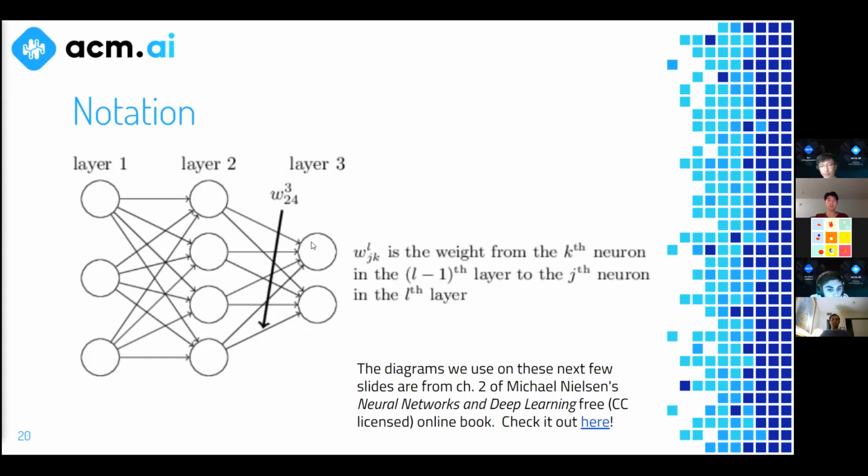Okay, so this neuron at the top is labeled number 1. This neuron right under it is labeled number 2, right? So that's why there's a number 2 here, because it's the second neuron in the third layer. And then the second subscript, the 4, refers to, as you can probably guess by now, the neuron being referred to in the previous layer. So this 4 is referring to the 4th neuron in the second layer. That might take a second to make sense.